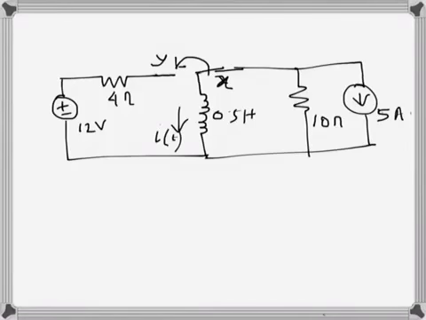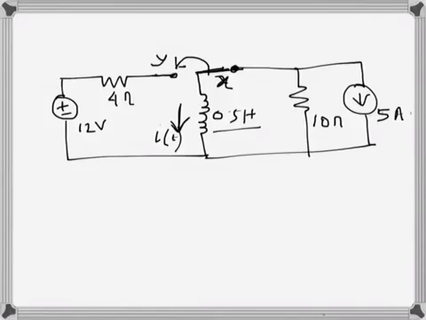In this circuit, the switch was initially at position X, this switch, and at t equal to 0, it is connected to position Y. So we need to find the current I through the inductor, 0.5 Henry. Now, initially, before